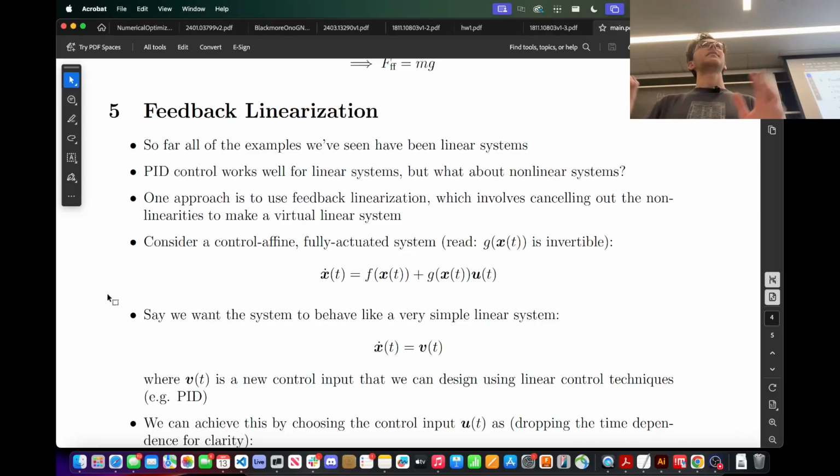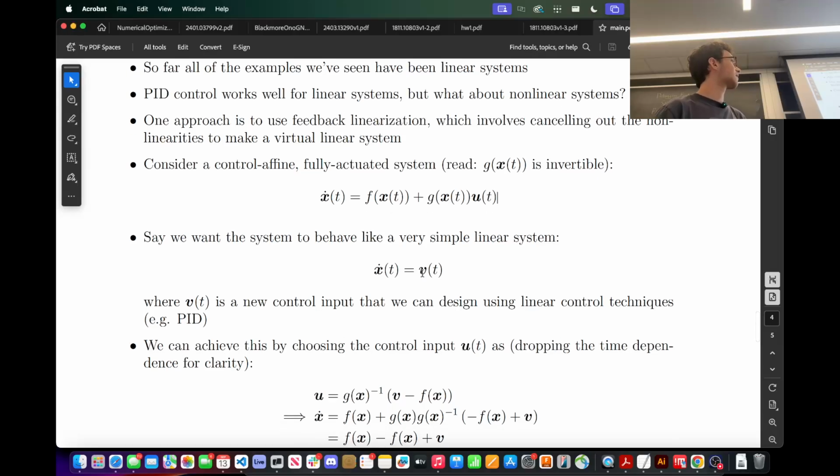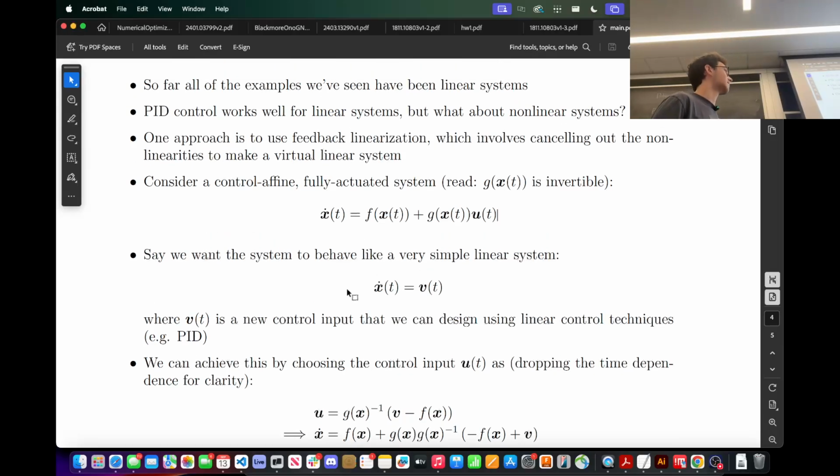In a very theoretical sense, there is some coupling when you put it in water. Sometimes when you move one way, it might affect another axis, but in theory, we can completely control our vehicle's degrees of freedom totally independently from all the other ones. So in math terms, that means that I can write the system in this way, and I can invert G. So going back to the PID and feed-forward stuff,